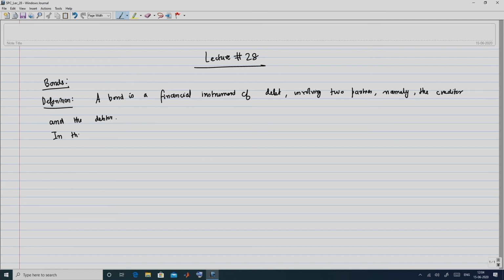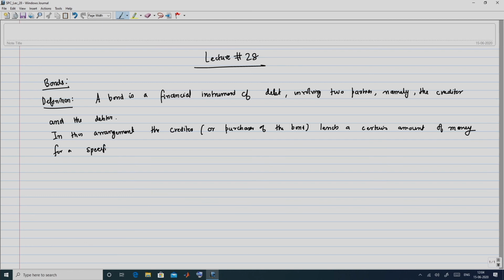So, in this arrangement, the creditor, who extends the credit, or the purchaser of the bond, lends a certain amount of money for a specified period to the debtor or issuer of the bond,